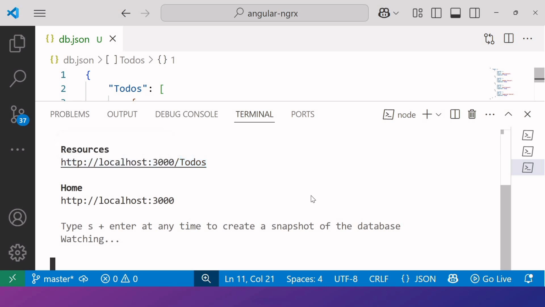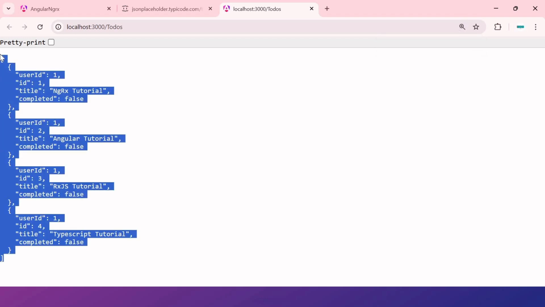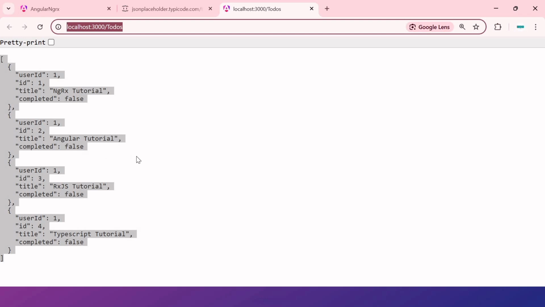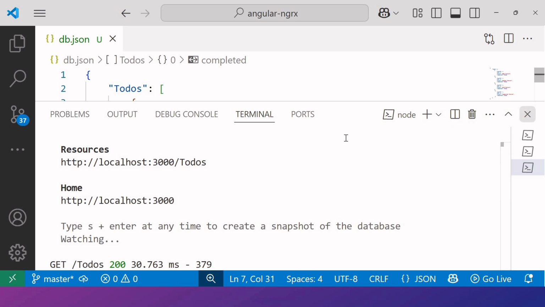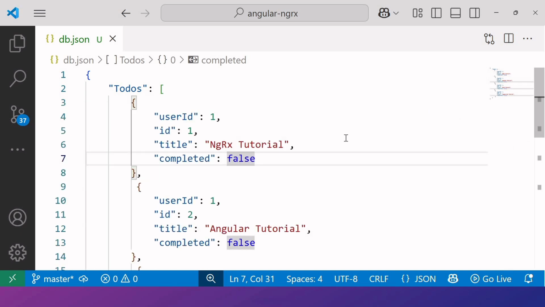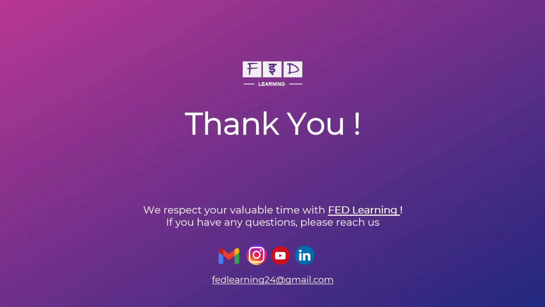Navigating to this URL in our browser, it displays the data we added to the db.json file. And this confirms that we set up our JSON server with a functional API endpoint and data, effectively creating a mock backend API. This approach is perfect for practicing CRUD operations without relying on a real API. Okay, so with this, we have completed the routing implementation as well as configured a JSON server, effectively preparing a base for CRUD operations. And in the next video, we will dive into implementing CRUD operations one by one using